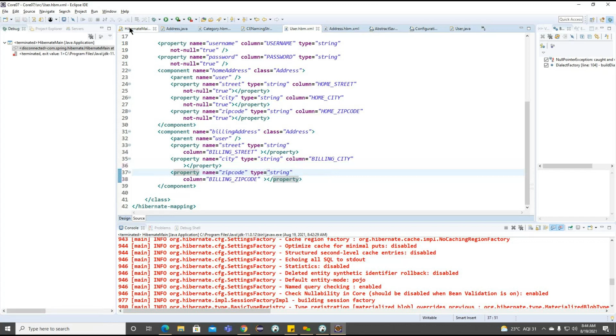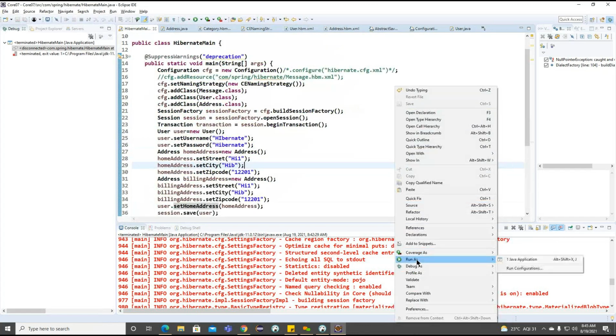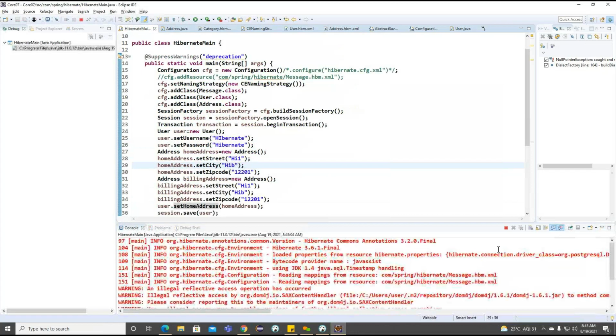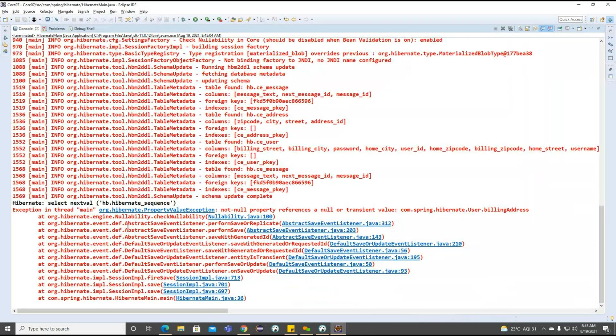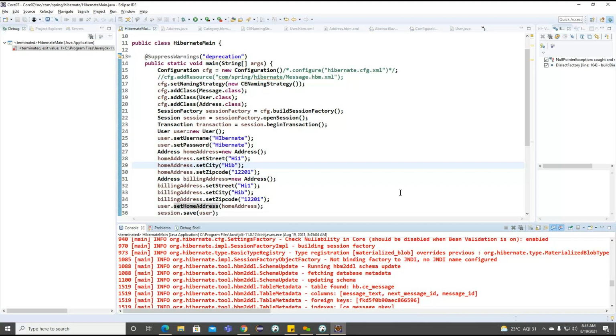So first we'll see with a simple example. Later we can change to the different values here. Again we are getting an exception. I removed the not null. Still we are getting a not null.